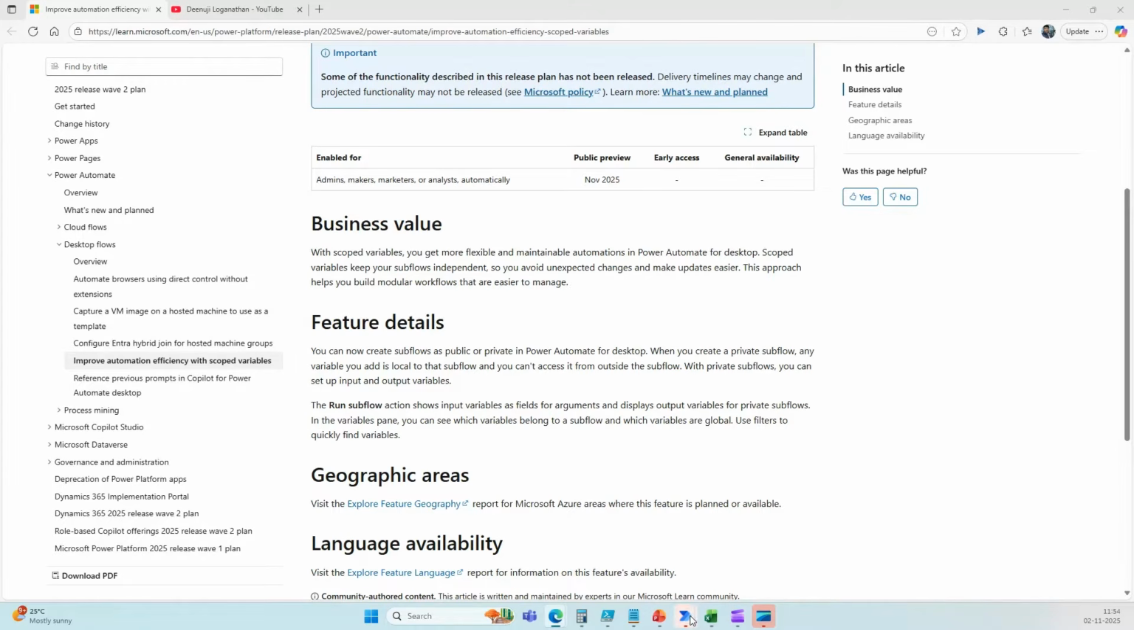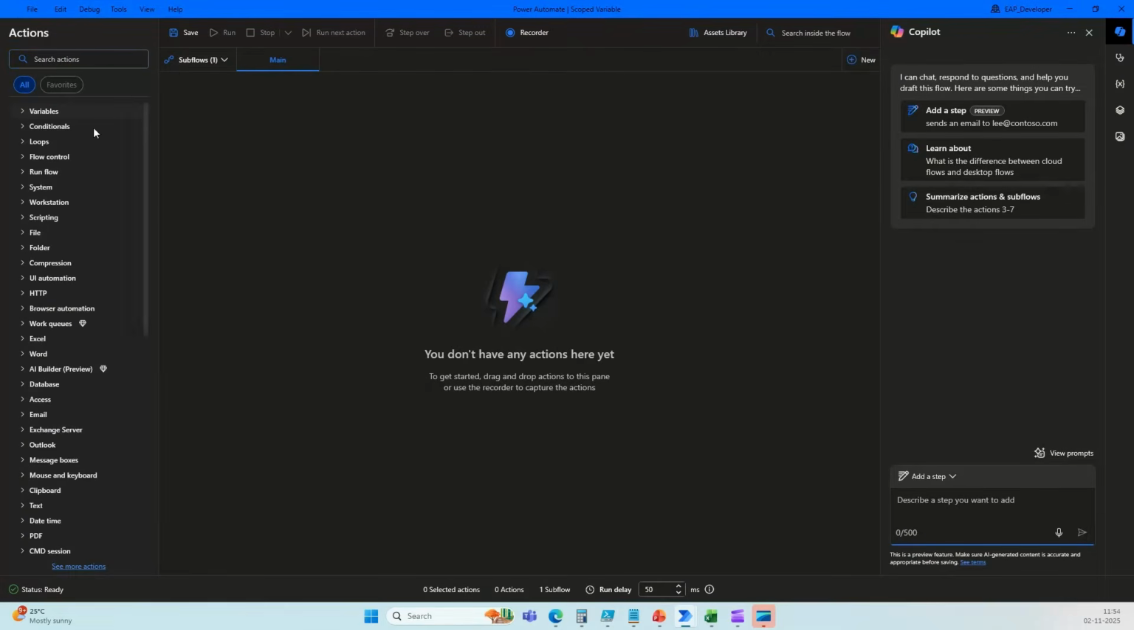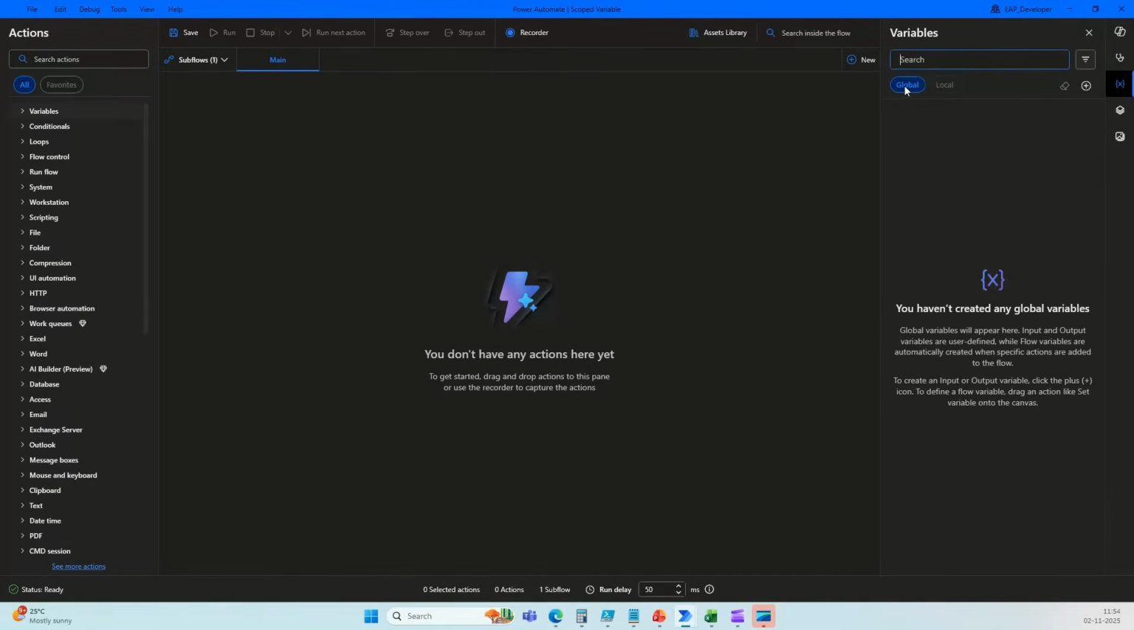Let's get into that. Okay, so I will bring my screen here. Here you can see we now have global and local. Global variables will appear here. Input and output variables are user defined, while flow variables are automatically created when specific actions are added to the flows. That is fine. What we will do now, I will create a new subflow called